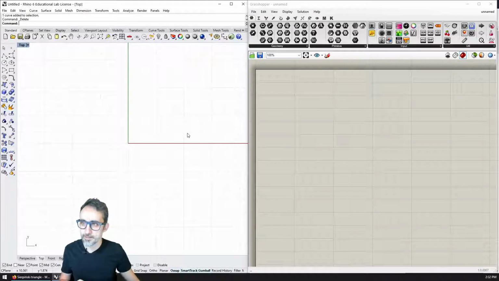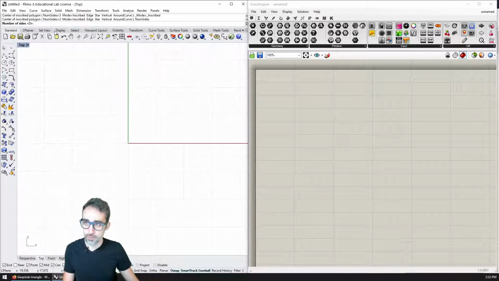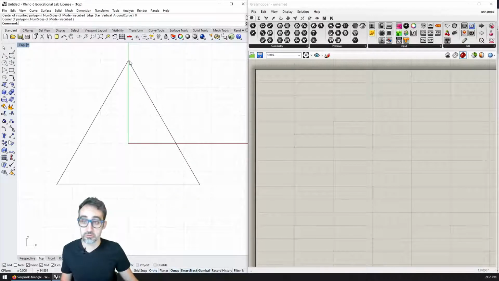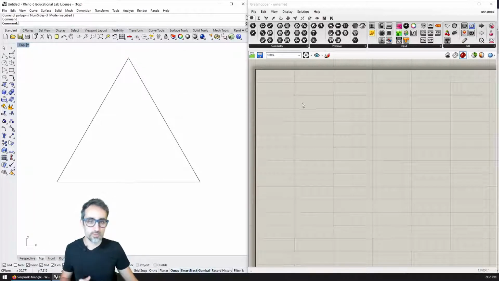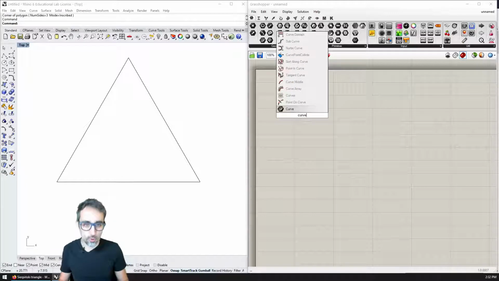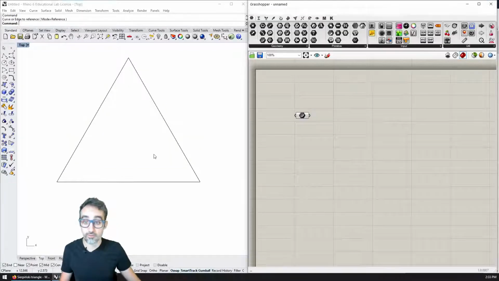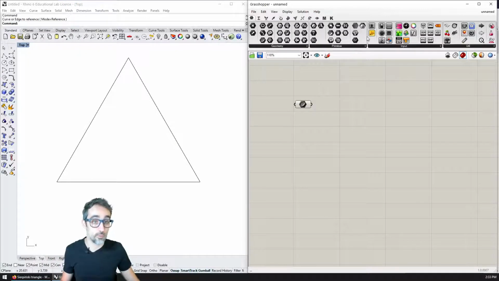Great. Let's get started. So the first thing we're going to do is draw a triangle in Rhino. So I'm going to hit polygon. Number of sides is going to be equal to 3. And then I'm going to hit 0 so that I'm centered at the origin. And I'm going to just draw it here, for example. I'm going to press F7 to remove the grid, which I don't need. I'm going to create a curve parameter here in Grasshopper, set one curve, and I'm going to bring in this curve from Rhino into Grasshopper so that I can work with it.